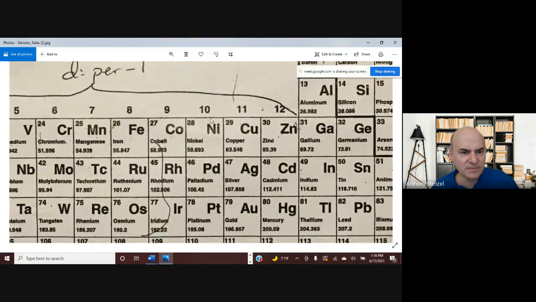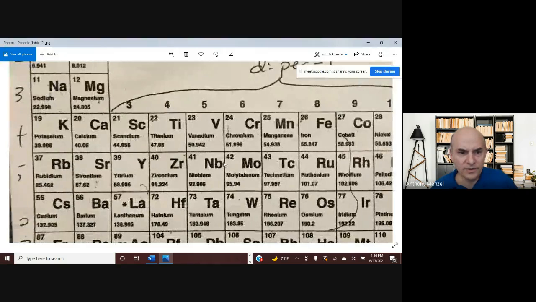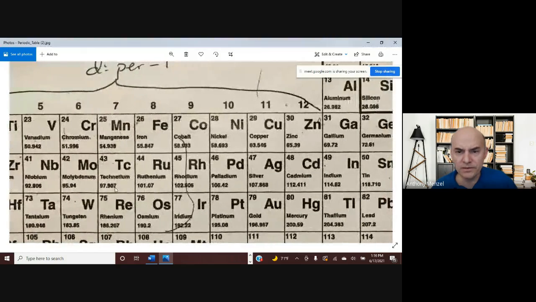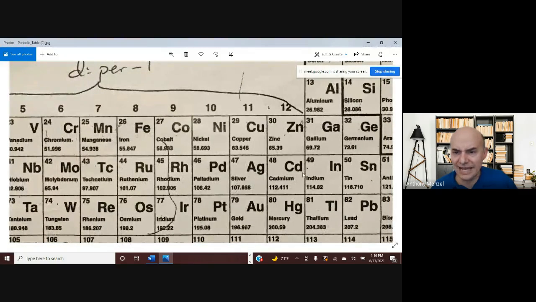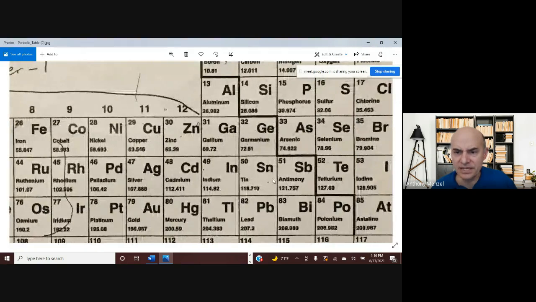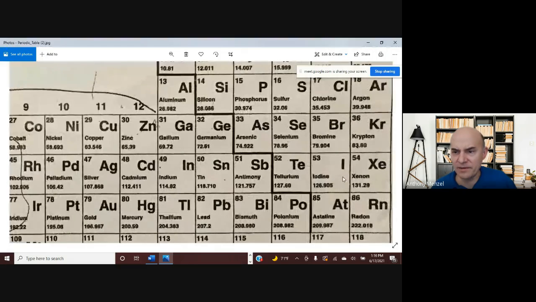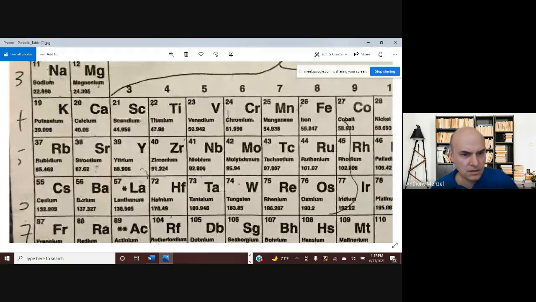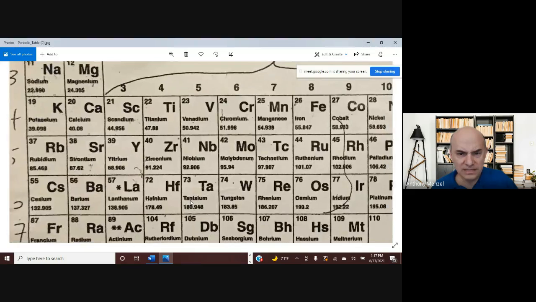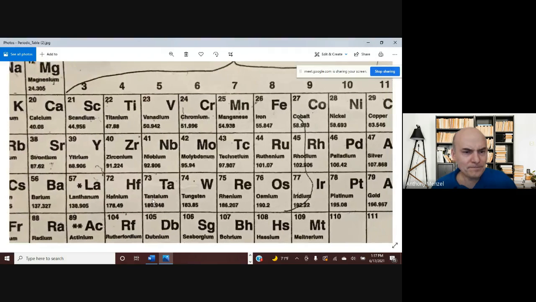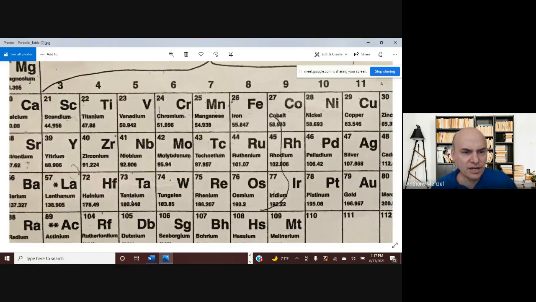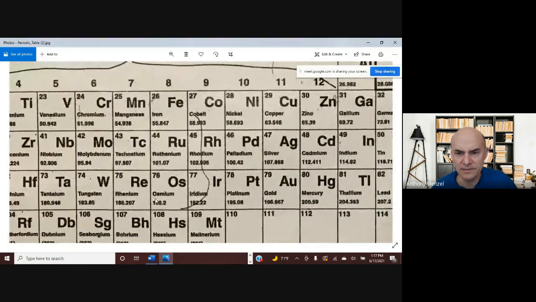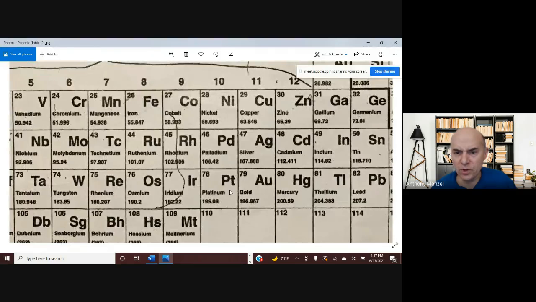Some other substances that you may be familiar with include zirconium, which is in some jewelry, palladium, silver, cadmium, which is in batteries sometimes, tin, iodine, a very important nutrient, barium, which is used in some medical tests, like to check the organs, tungsten, which is used in light bulbs sometimes, platinum in jewelry, gold, mercury,